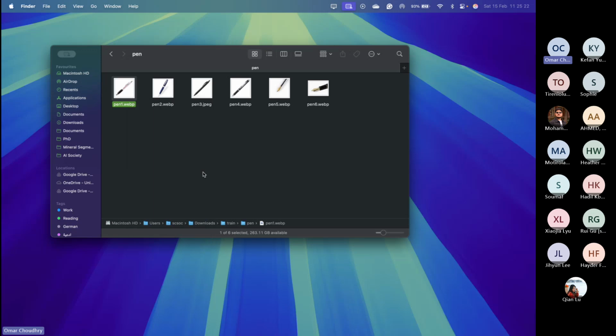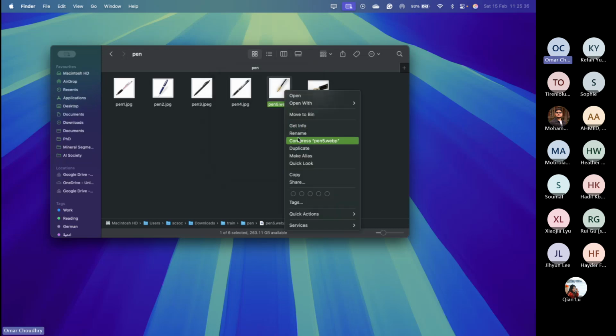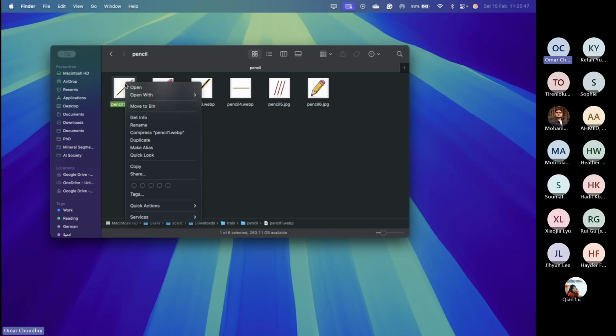Maybe I can just change it directly here. Yes, this will work too. So the reason for this is that we have different file types for different images, and the WebP seems like it doesn't want to work on Teachable Machine. So I'll just quickly change all of them.